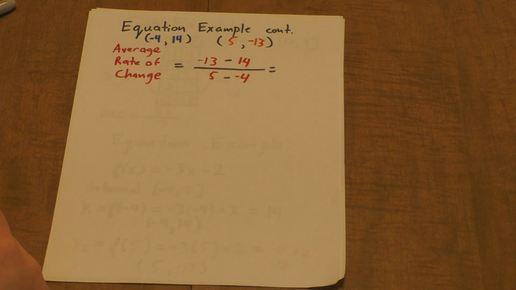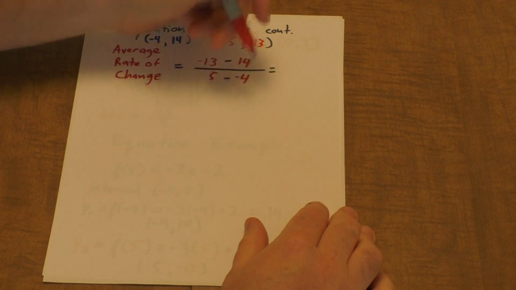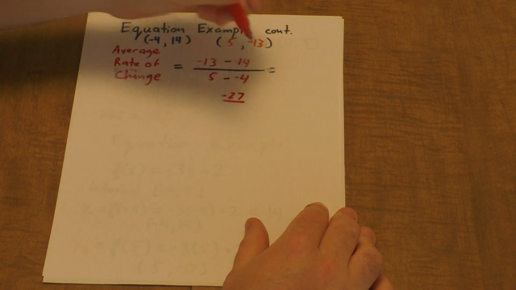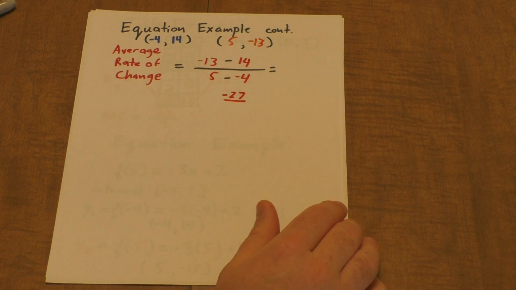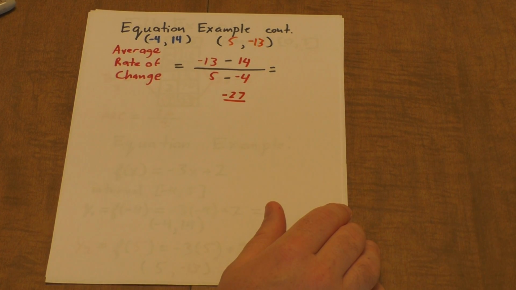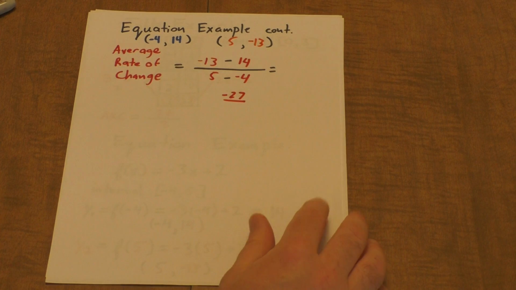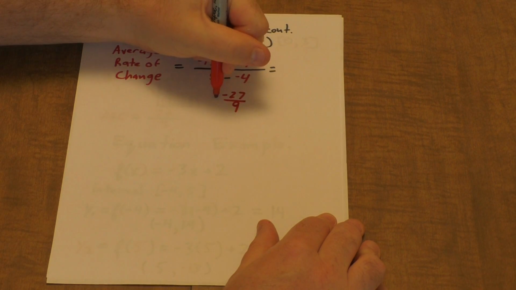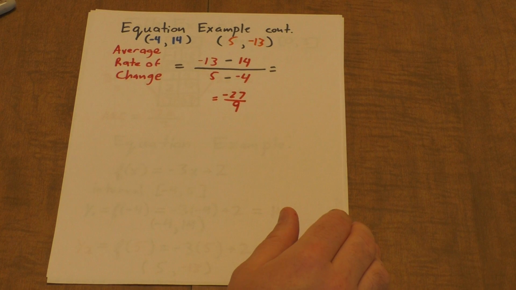Negative 13 minus 14 is negative 27, okay? 5 minus negative 4 is the same thing as 5 plus 4, so that's 9, okay? Negative 27 divided by 9